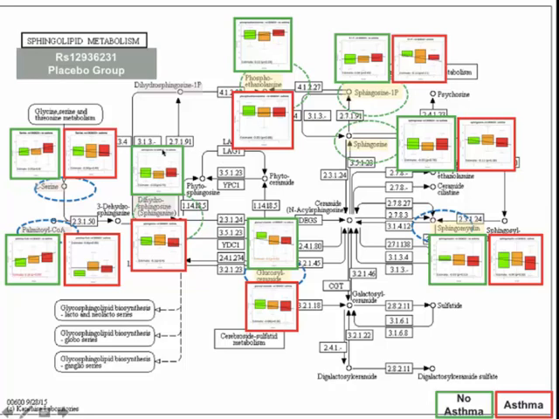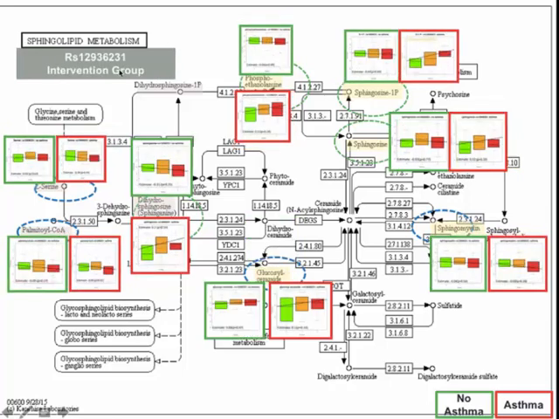And we could actually look at this pathway with respect to a genotype and with respect to asthma and with respect to whether there's vitamin D or no vitamin D. Now, I know that looks really complex, but my point is metabolomics enables us to look at this pathway in great detail while incorporating what we know about genetics and what we know about the environment, and to analyze these data in a very comprehensive way.